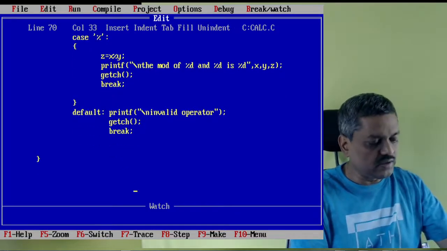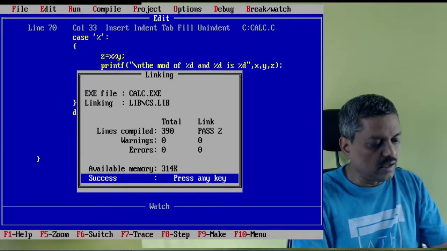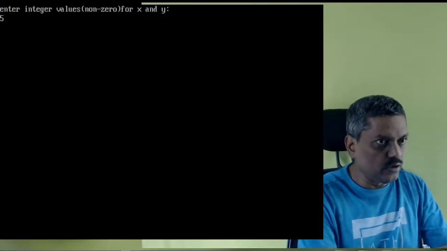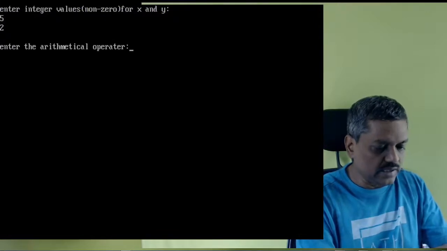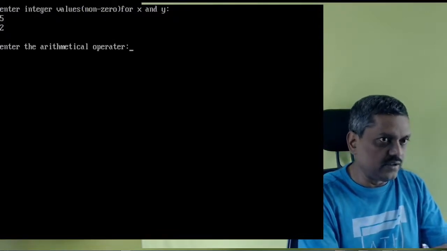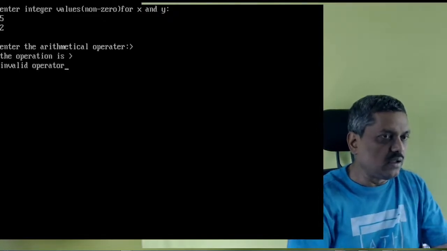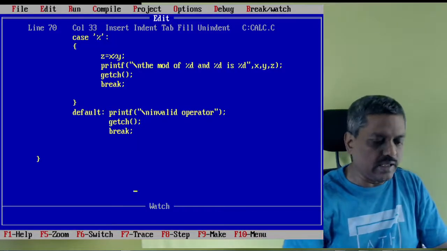So again, save this and then simply try out for a non-operator, which is not available. So run this and enter 5 and 2, and let me enter something like, for example, greater than symbol, because we have tested that. So the operation is greater than symbol. It is clearly telling invalid operator. You can also retry.